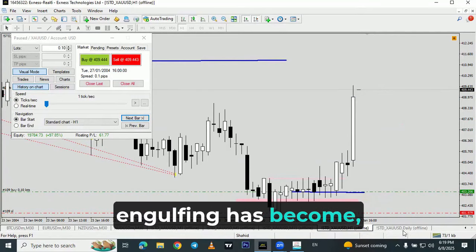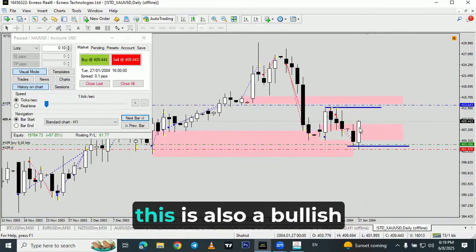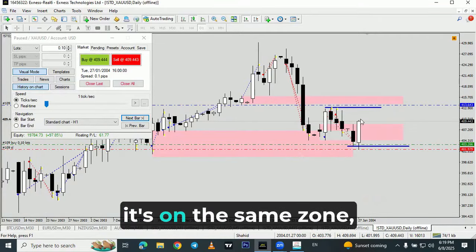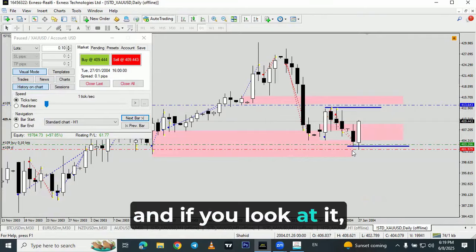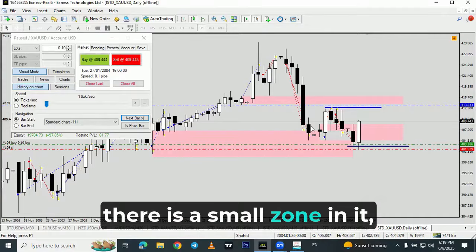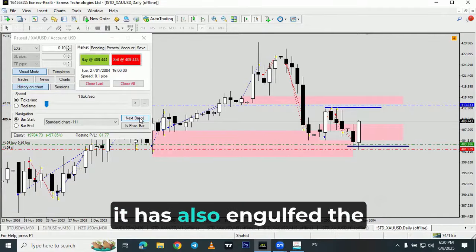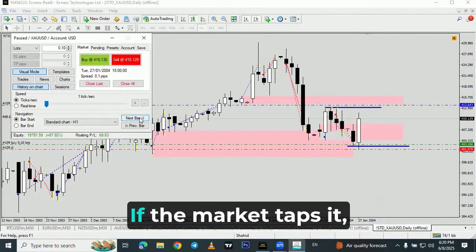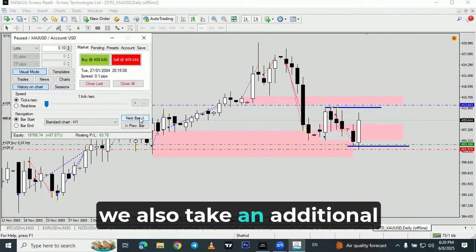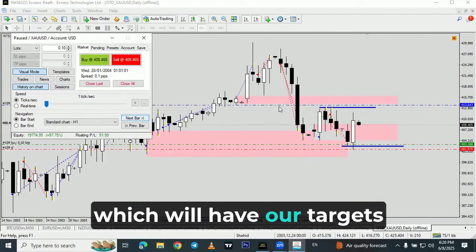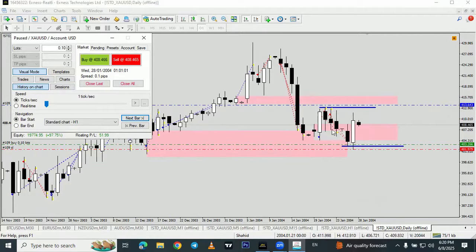Engulfing has become, this is also a bullish engulfing. It's on the same zone. And if you look at it, there is a small zone in it. This one, look, it has also engulfed the tap of the candle. If the market taps it, we also take an additional buy here, which will have our targets above. Now we move here